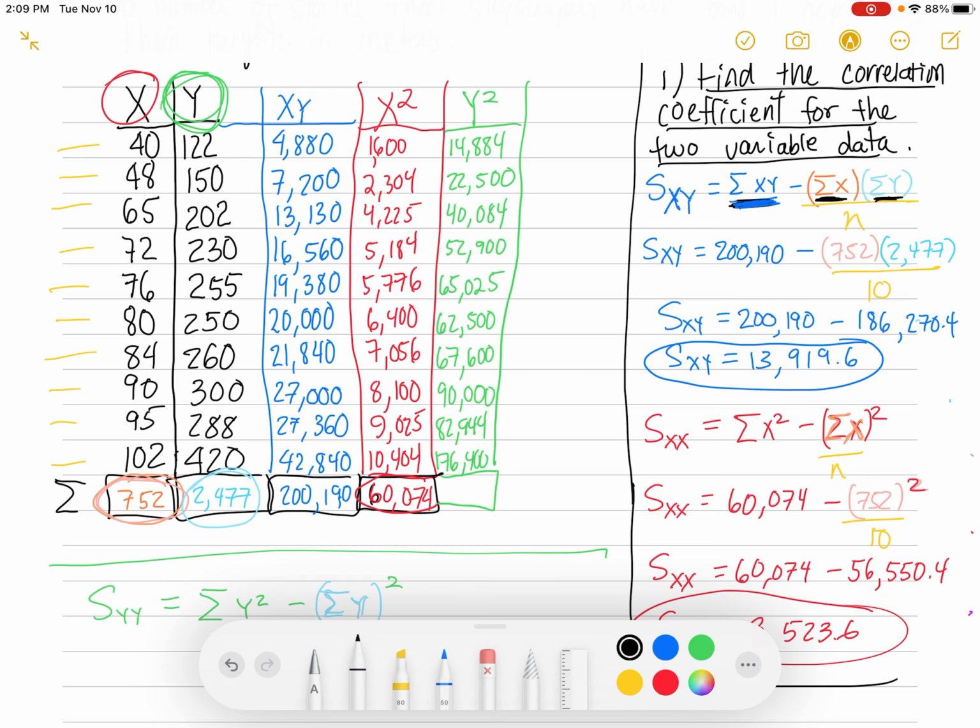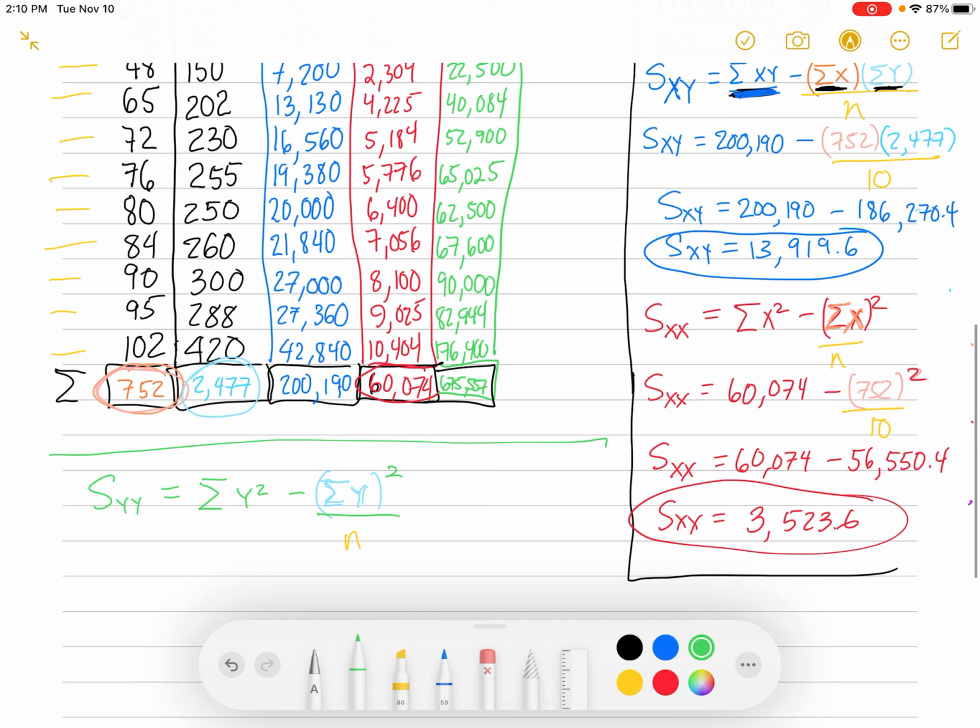Okay, so we're going to have to add up the y squareds here in this box down here, and we're going to get, what do we get here? I've already done this in advance. 675,557. Okay, that's the sum of the y squares. So here we go, we're going to plug in. The sum of the y squares is what we just calculated in that box. It's 675,557 minus